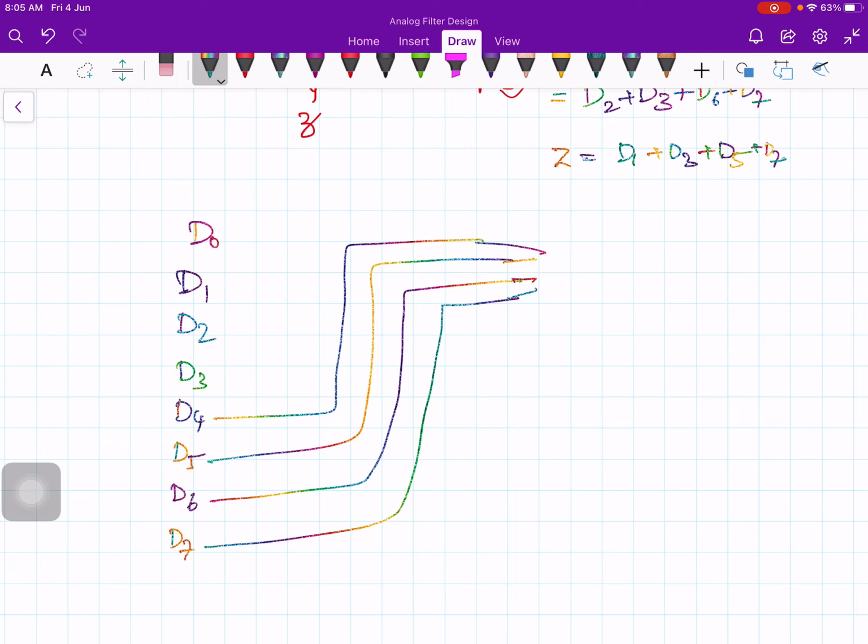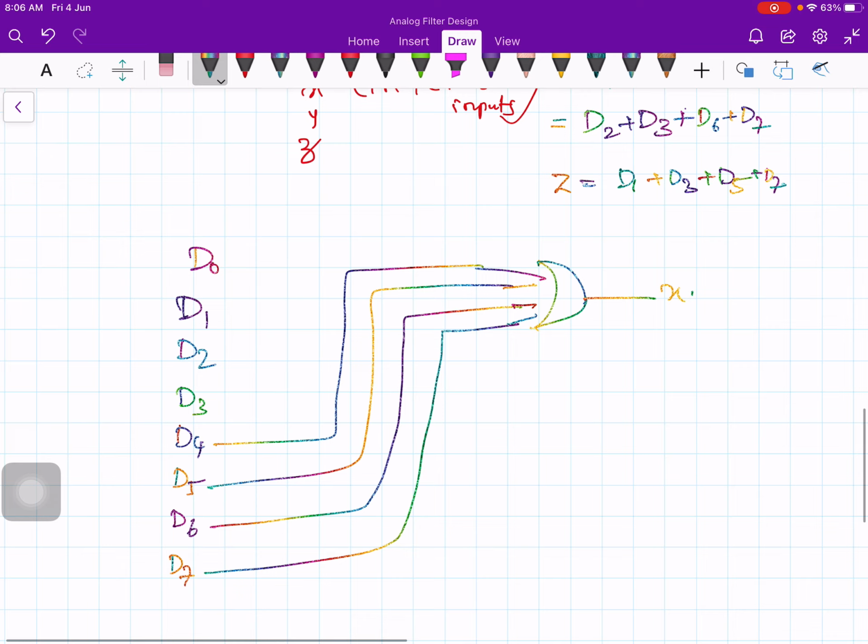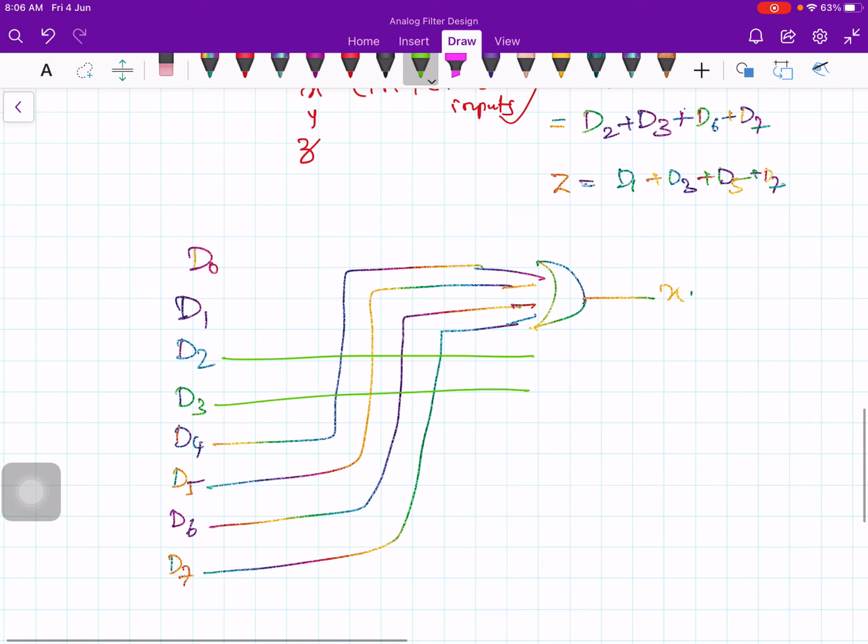Okay. Give it to a 4 input OR gate. This is my X. And what about Y? Y is D2, D3, D6, D7. You take, let me choose some other color, D2 and then D3, D6 and then D7, right? Yes, take D7 and give it to an OR gate.